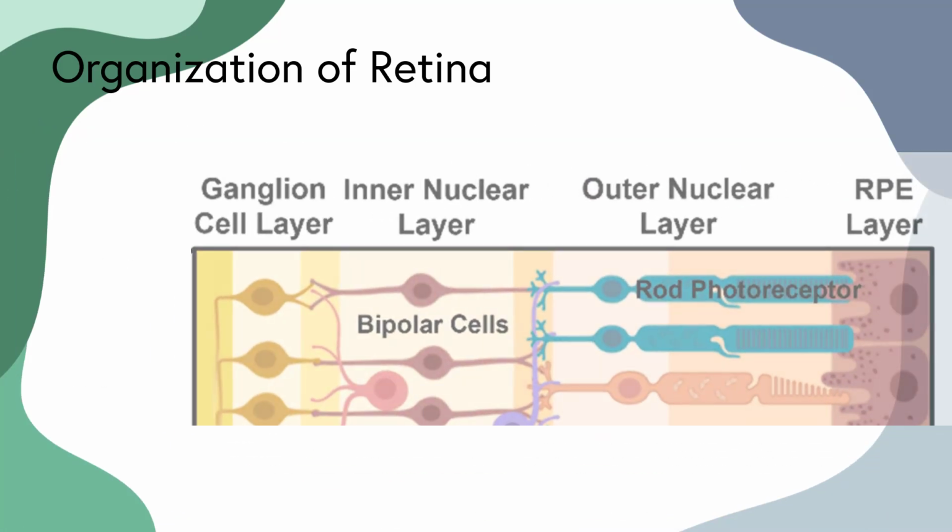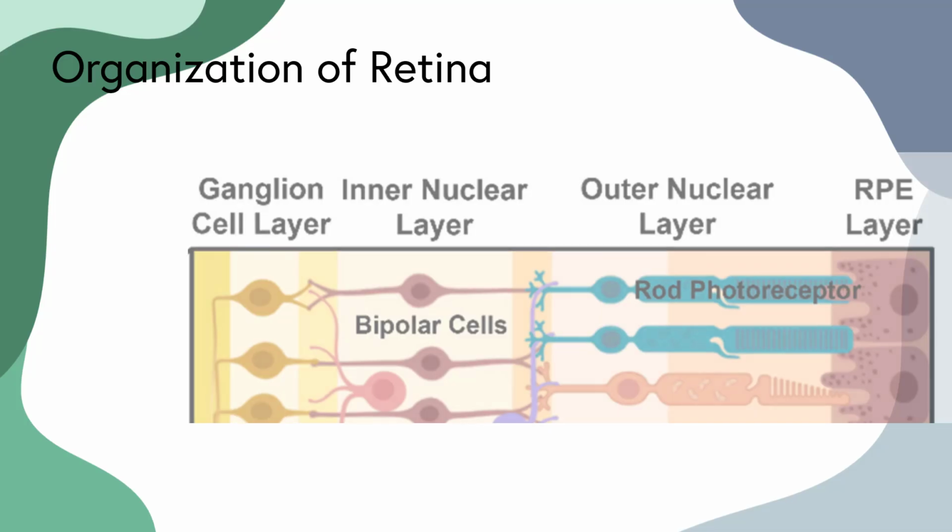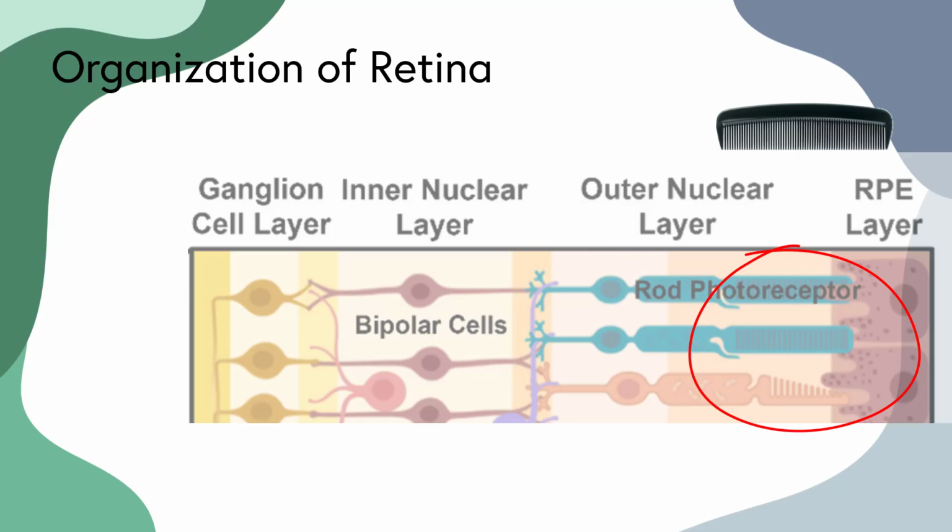The shape is quite peculiar. They're mostly bipolar. The cell body is at one end, where they have a terminal synapse onto the bipolar cell. On the other end, they form something like a comb, like the comb you brush your hair with. That is, they increase the cell membrane region so that they can catch more light that gets into the eye. So this is all for the purpose of catching light for us to see.